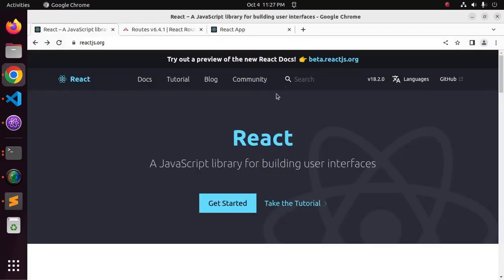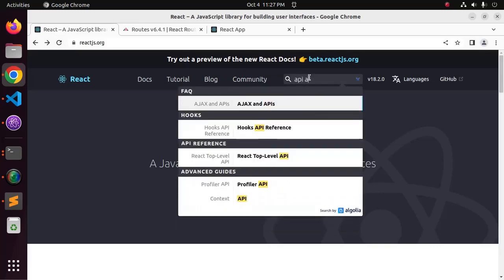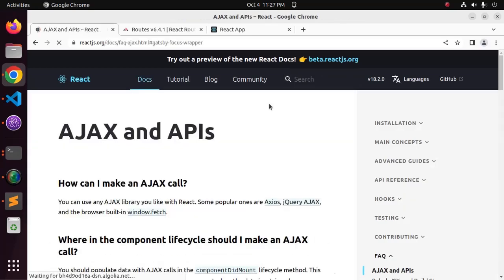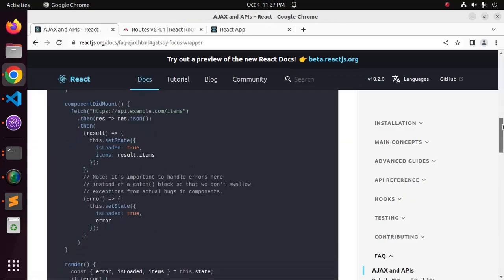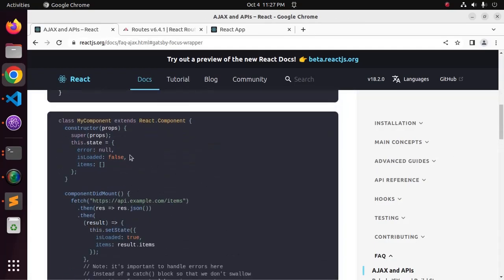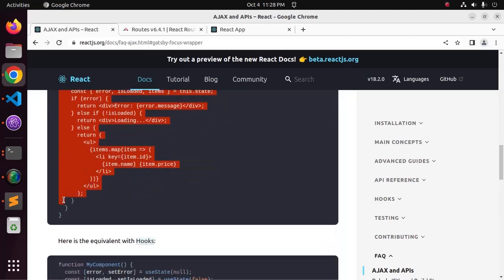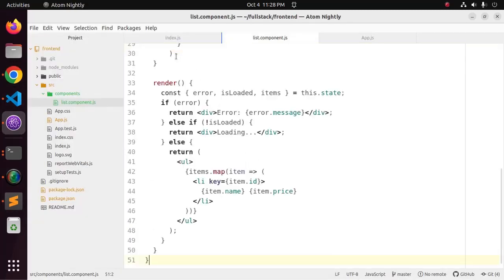You can follow this documentation. From here, copy this code and paste here